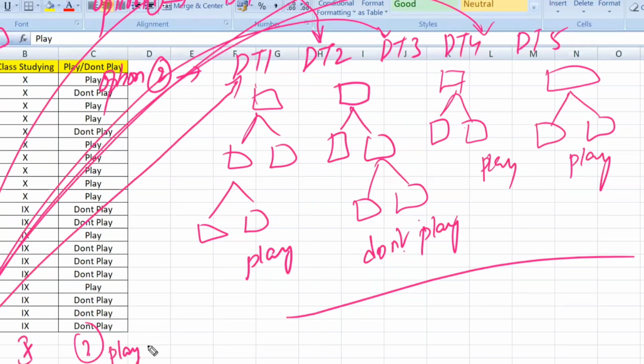Right? Like this, we are going to have. Sir, why create so many decision trees? One decision tree is sufficient, no, to predict play or not play? Sufficient, but it is giving the overfitting problem. This overfitting problem will be reduced here because multiple decision trees are saying the same answer, not just one decision tree. Multiple decision trees, with multiple different data, are also saying that this person will play only.